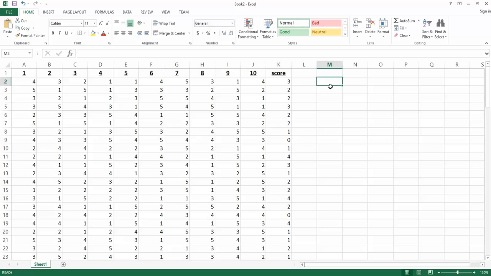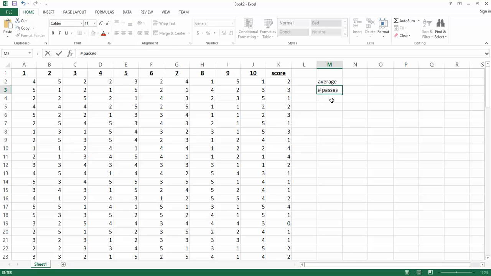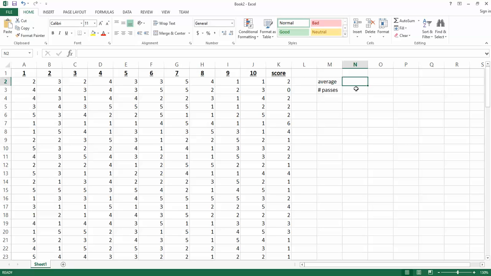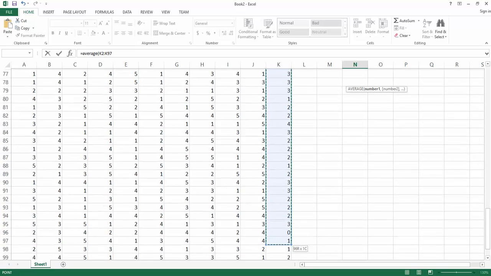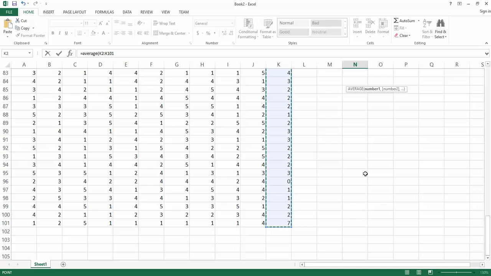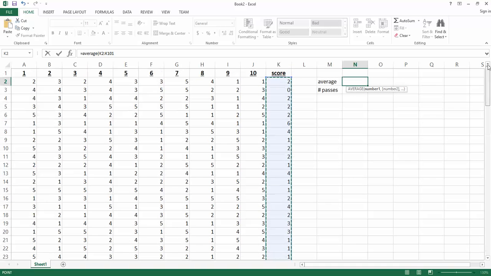So what do we want to calculate based on these scores? Well, we want to figure out the mark that we're likely to get. So let's just say the average of all of these marks. And let's also figure out how many times we pass, number of passes. So the average is pretty easy. We're going to hit, in this cell over here, equals, because we're using a formula, and we're just going to use our good old average formula that we've used over and over again. Open the brackets and then select this range here, going all the way down to 101, okay, and then go back up to the top